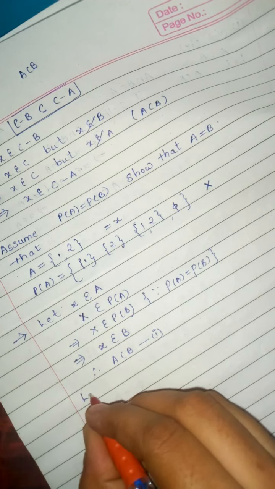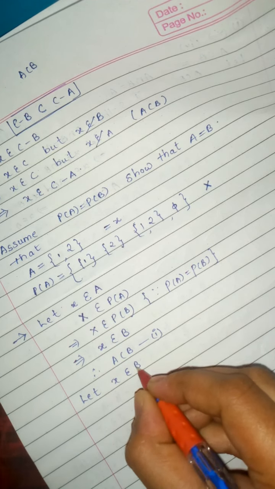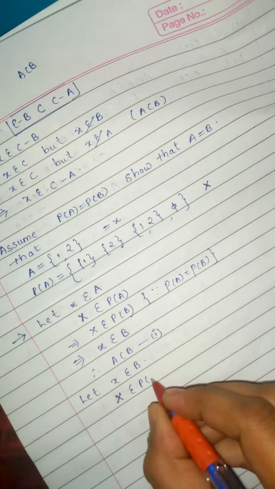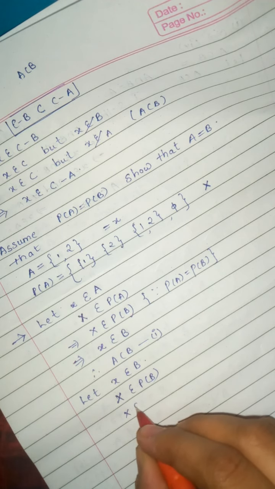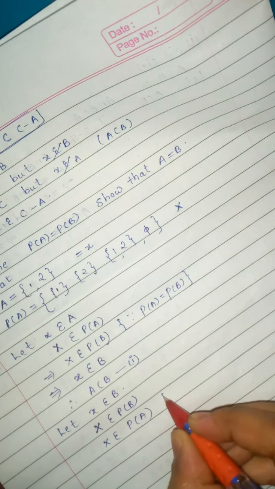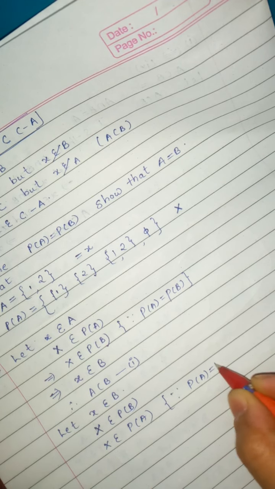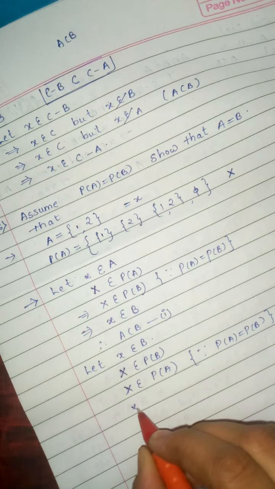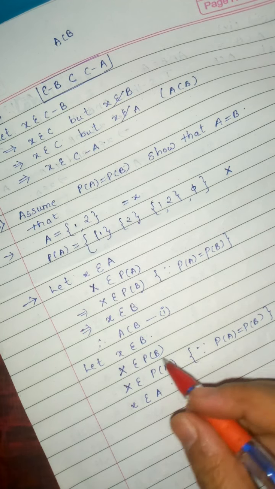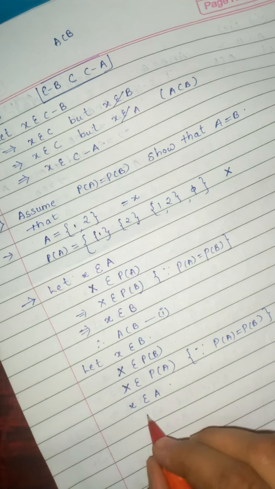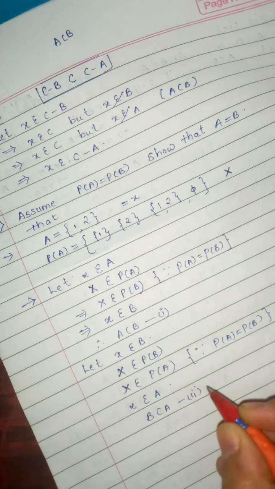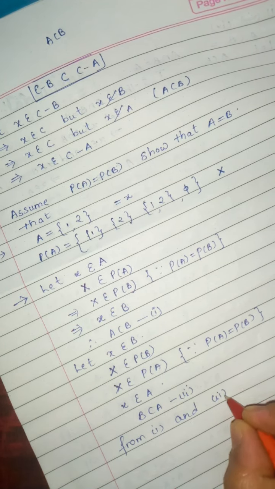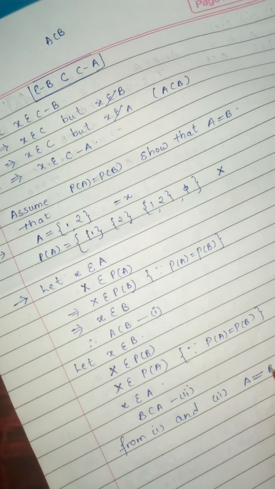Now let us start with an element in B. Similarly, that element as a set will belong to the power set of B. Since the power set of A is equal to the power set of B, here I can write the power set of A. Now the set of that element belongs to the power set of A, which means the element inside that set belongs to A. So we started with an element in B and reached A, therefore again B is a subset of A. Therefore from 1 and 2, A is equal to B.